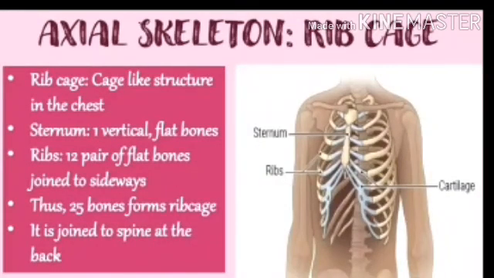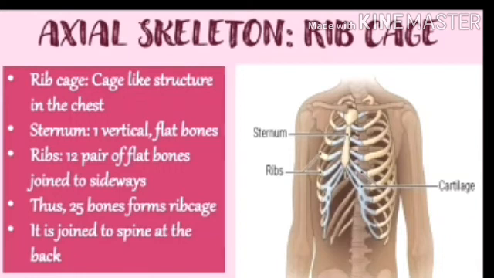Now feel the left and right side of your chest with your hand or finger. How many bones can you feel altogether on the two sides? Yes, you can feel them, on the right and left side of your chest. Now check in the center also. How many bones do you feel? See in the picture, the cage-like structure in the chest is called the rib cage.